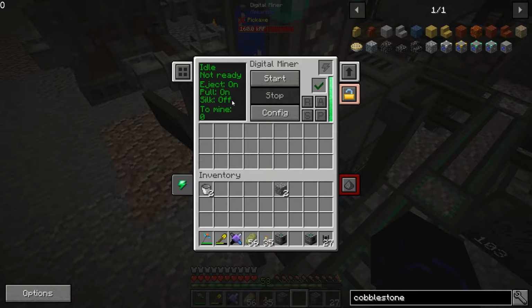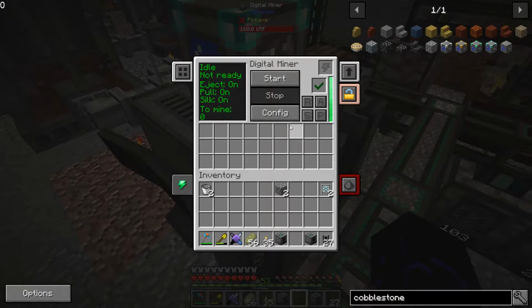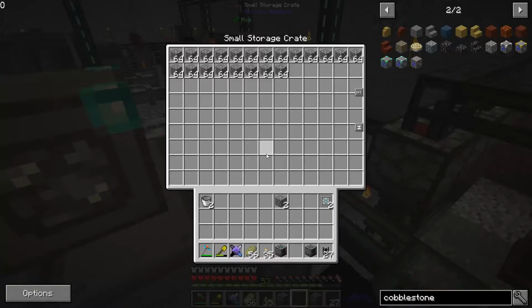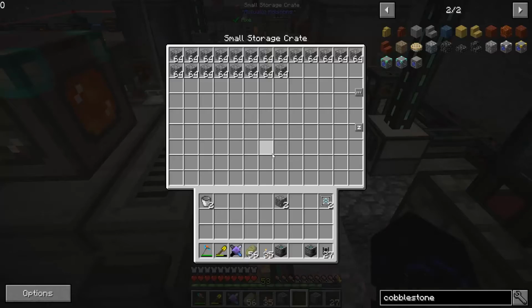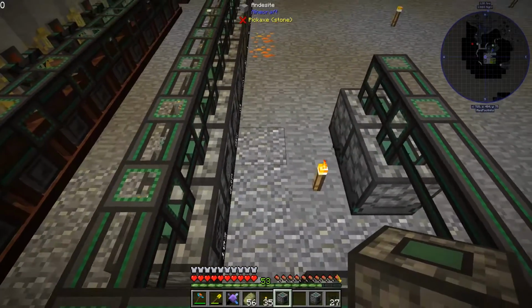Auto eject is on. And we're going to silk touch again, which means we're going to have to pull out 2 of those speed upgrades. So we should be able to start this guy up again. And this will go red if it can't pull cobblestone. So it absolutely can pull cobblestone because it is getting items, as we can see clearly them flowing through here quite rapidly. So what I will do is put this guy down somewhere